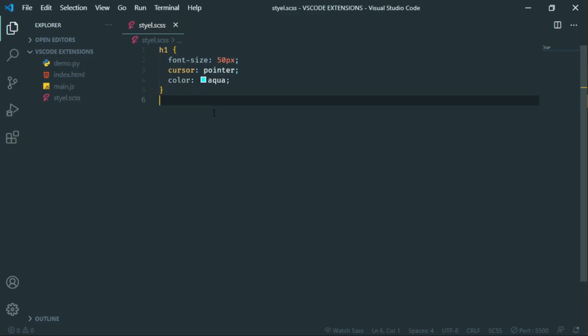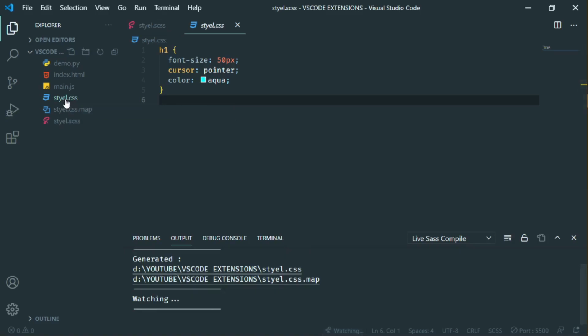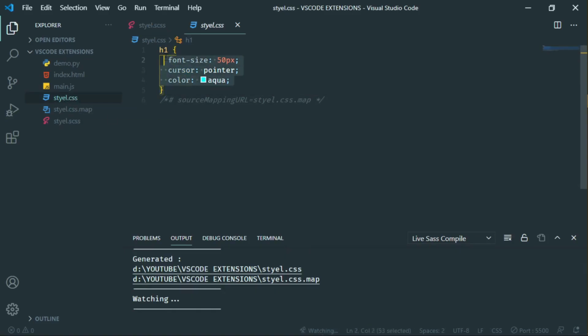If I want to compile this, just click on the Watch Sass button at the bottom of your text editor, which will automatically identify and create a CSS file for you. This is a powerful tool for working with CSS preprocessors like Sass.